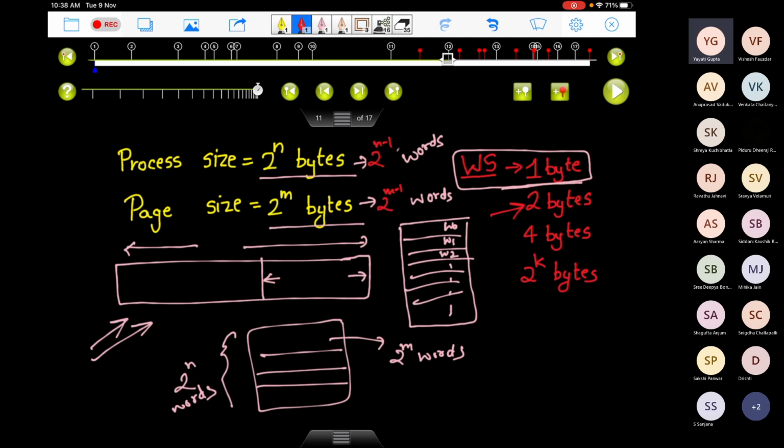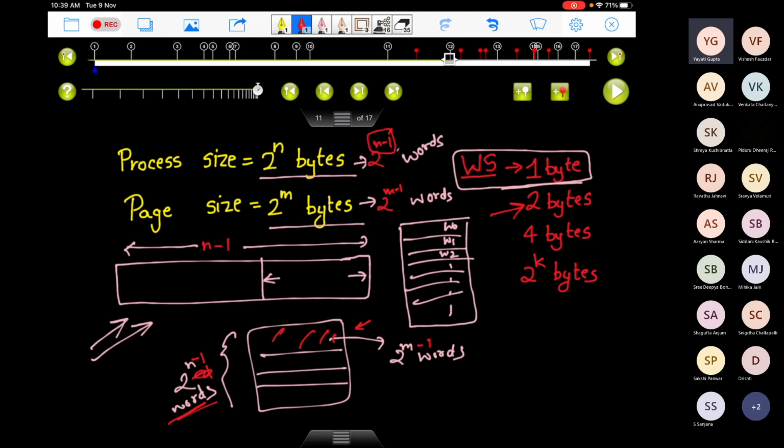So now if you look at this entire process, it has 2 to the power n minus 1 words, and each of the pages in this process is 2 to the power m minus 1 words. You're still going to access your memory based on words: word 0, word 1, word 2, and so on. So how many bits will you use for this entire process now? n minus 1, because it will be based on words.